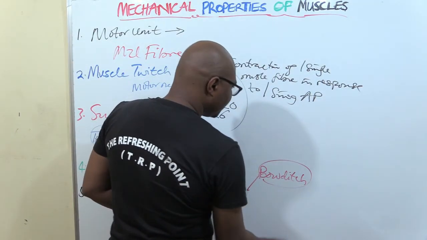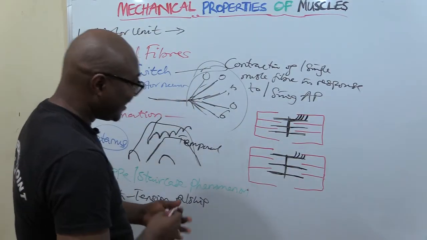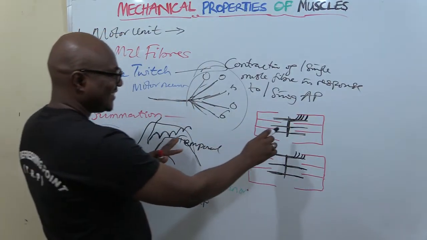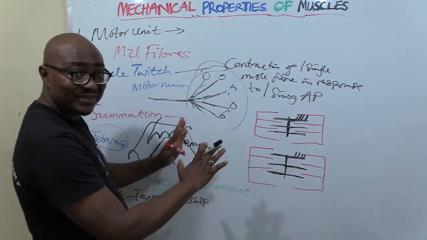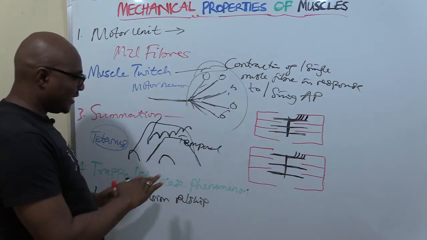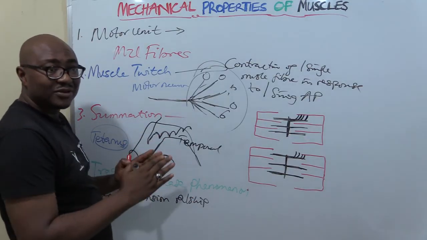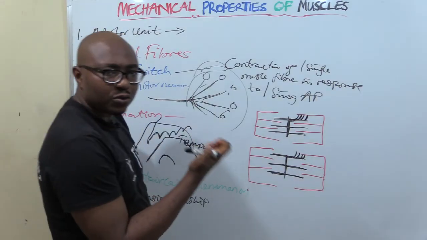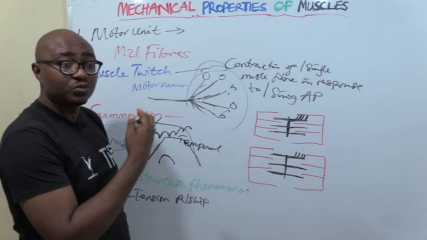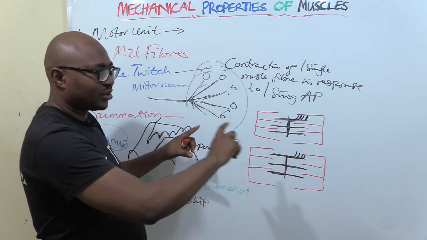Let's attempt to draw a sarcomere. Okay, so this is a sarcomere, just a very simplistic drawing. Now, length tension relationship. We're talking about how much force a muscle can generate based on the length of the